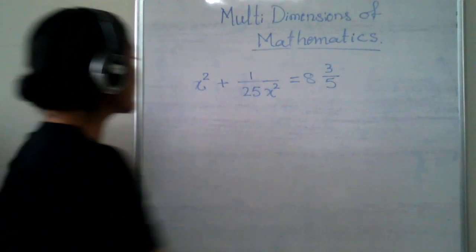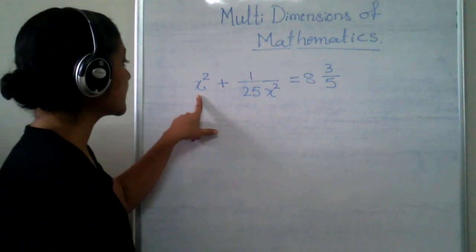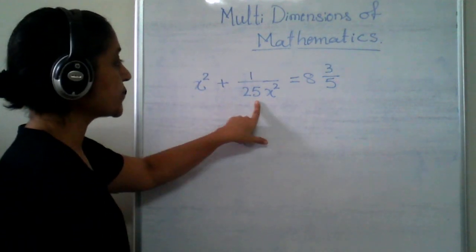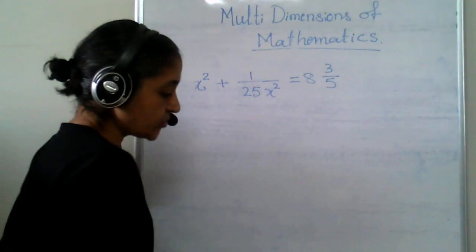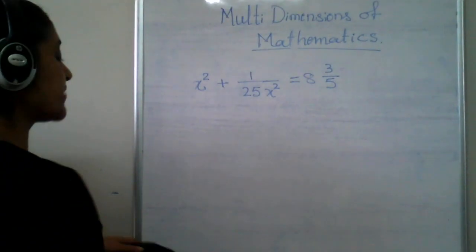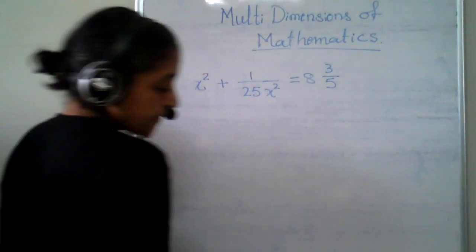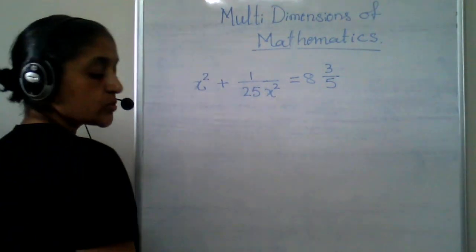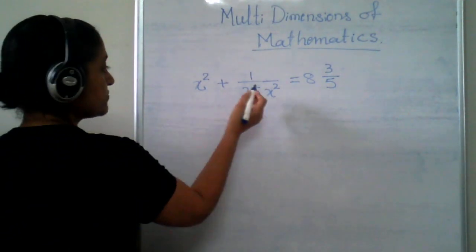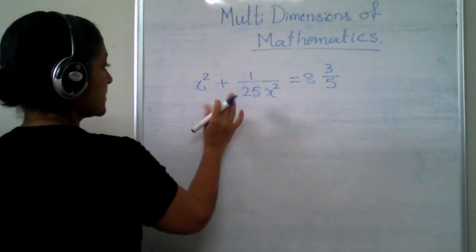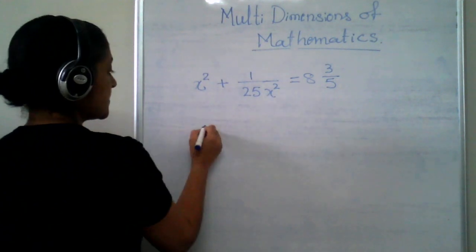Here is a question from expansions. Given that x square plus 1 upon 25 x square is equal to 8 3 by 5. Now we need to find out x plus 1 upon 5x as well as x cube plus 1 upon 125 x cube. So before going ahead, we should make sure that all of the terms are in standard